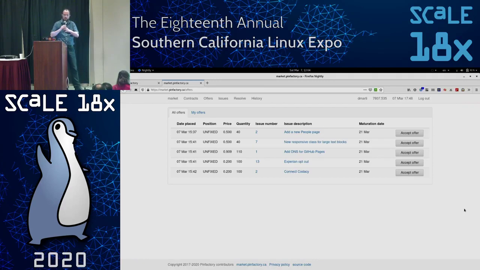So there's no rule that says that only one developer can hold a contract on any one issue at a time. If people are collaborating, they might choose to split up the fixed side of that contract. Does that answer your question?